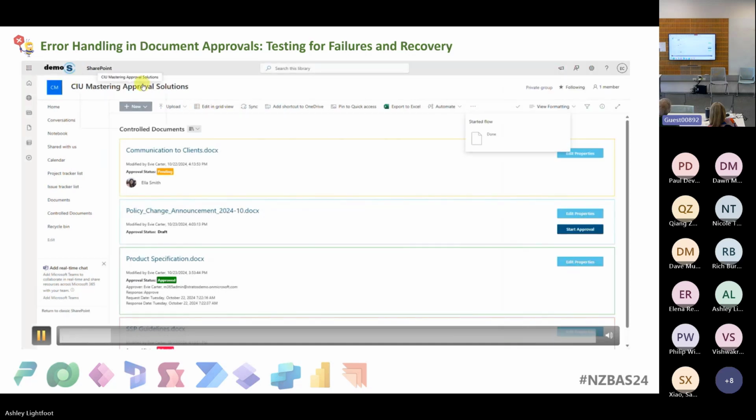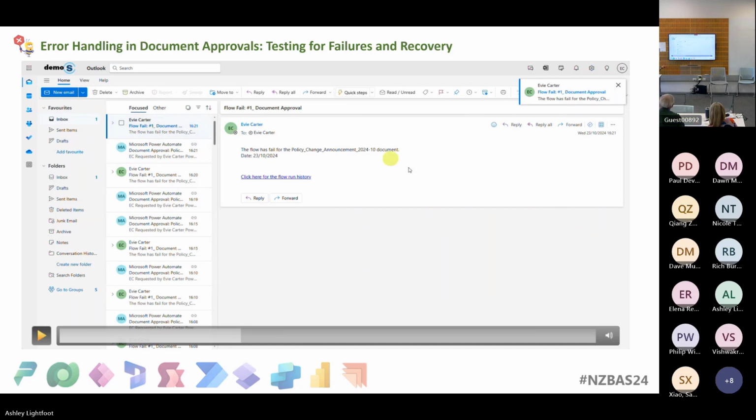So consider the approver had the file open. Obviously, the actions in the flow won't be able to update the file properties because the file has been locked for use. So the flow sends an email to the initiator, Divya, saying that the flow has failed for this document. You can add more details like the time or the date it failed, and you can add a link to the run history as well. So if the user clicks on the run history,